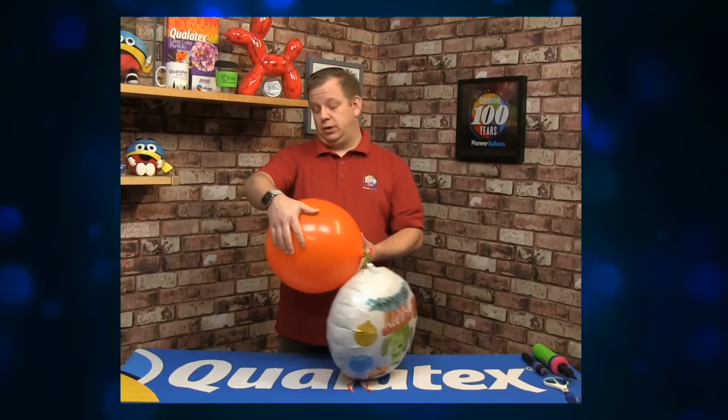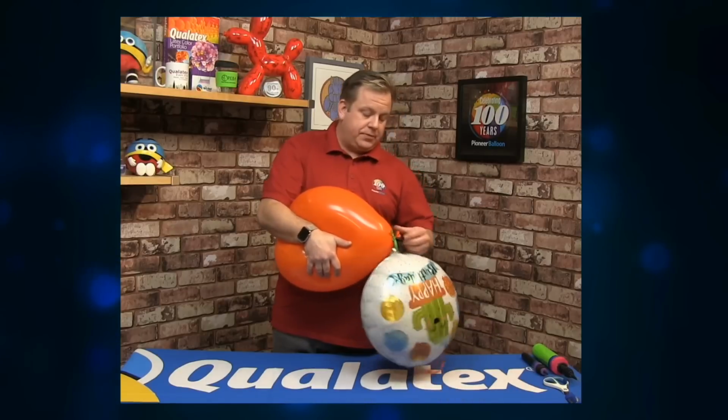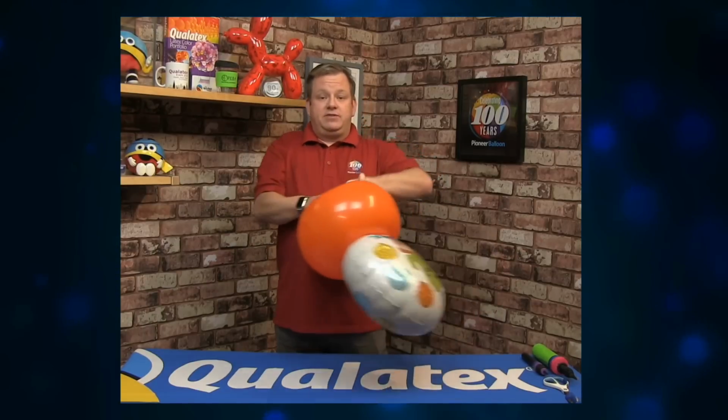Some people call this a marriage twist because it's connecting two balloons together, but it's basically an apple twist or a tulip twist. So I'm going to squeeze that out first of all, and then I'm going to take hold of the nozzle on this side, and I'm going to push it all the way through to the opposite side where the darkened spot is. I'm going to push that all the way through, take hold of it from this side, taking hold of the knot, give that a little bit of a twist,